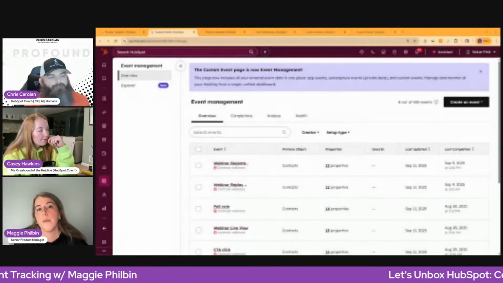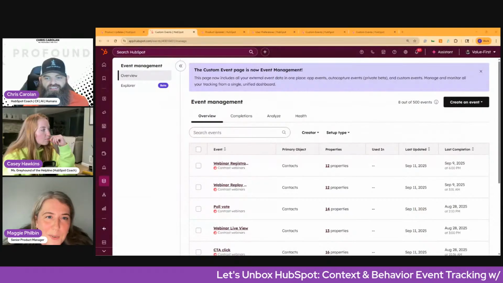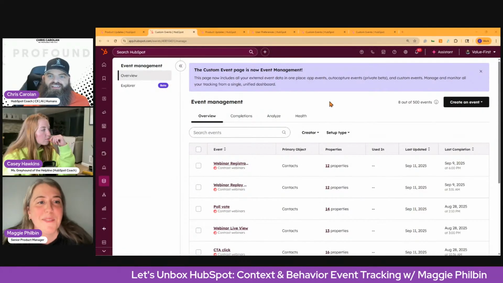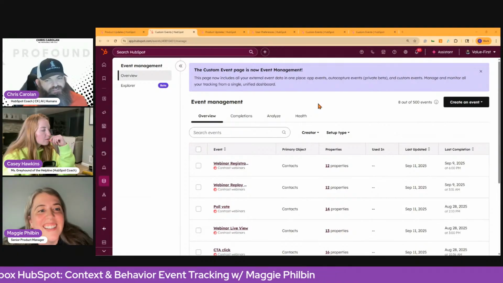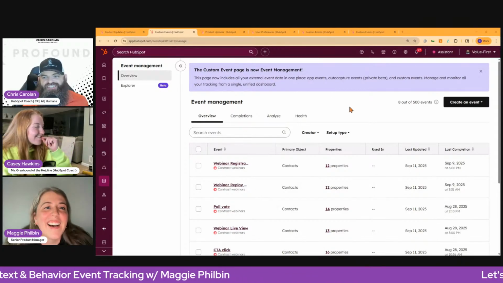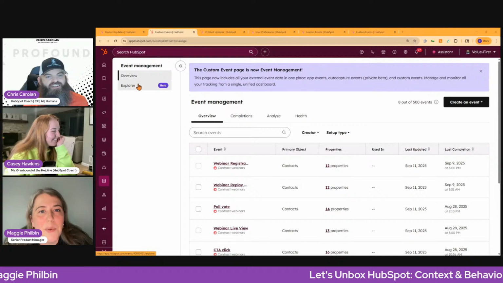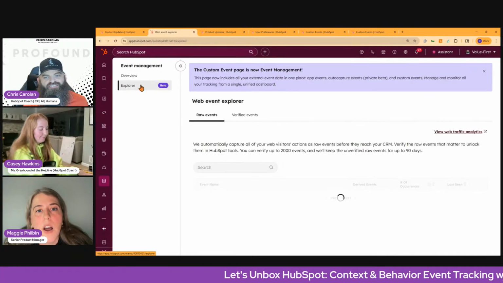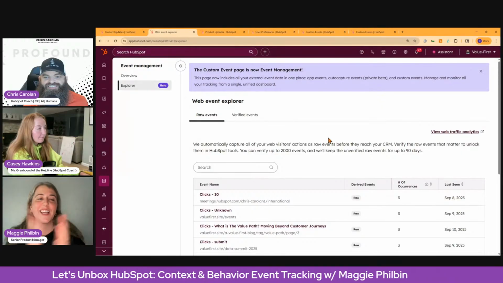So what auto capture does is use the tracking script that you already have. It's not a new script, a new install. You don't need to install it. Oh, you already have one in there. Did you request it? I must have approved you at some point. Yeah, I hit all the beta buttons all the time. Okay, hit that Explorer button. Okay, so this is where auto capture data is. Oh my God, and you have clicks to show. This is so exciting for me.